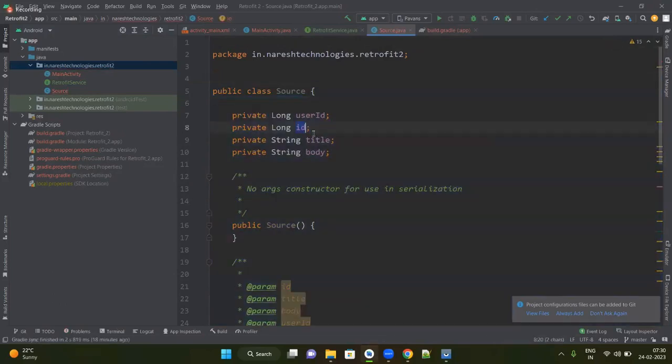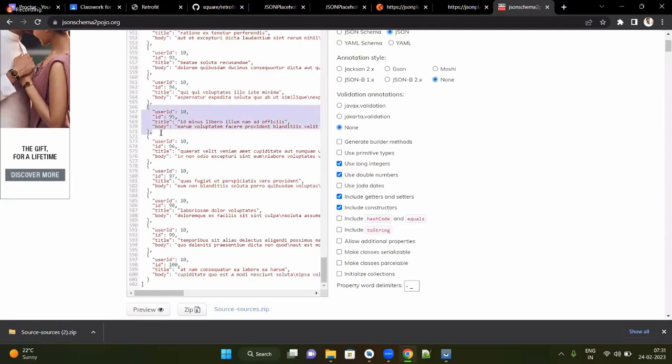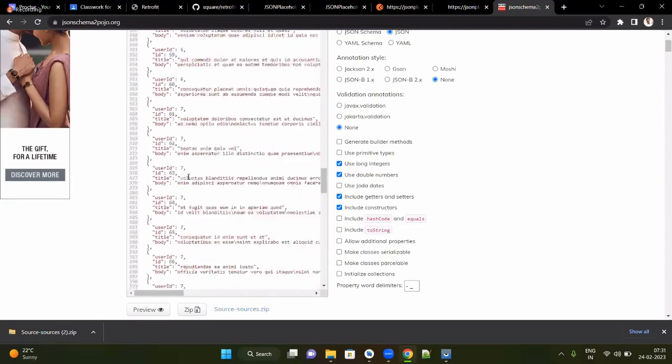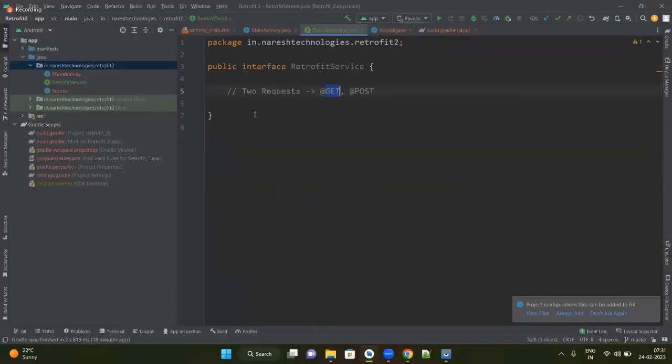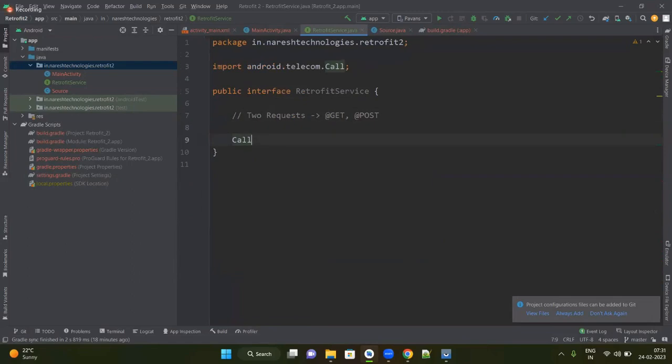Okay, you have user ID, integer ID, title, and body. So where do you see this user ID, title, and body? You would see inside the array. So this is all inside the array. Had it not been inside the array, for this get service, we can simply write Call of Source. But here we are returning a list of items. That is why we should write Call of